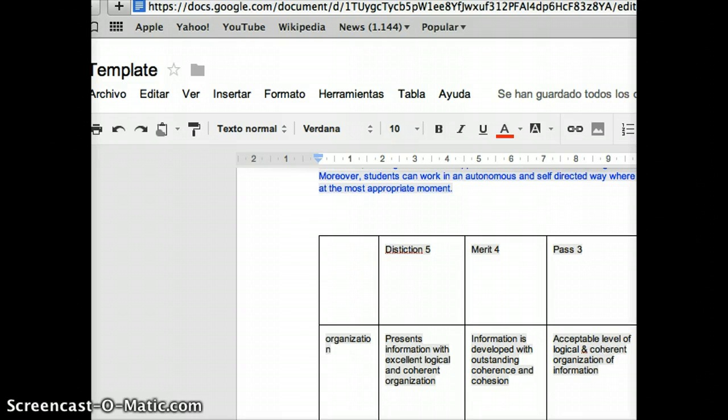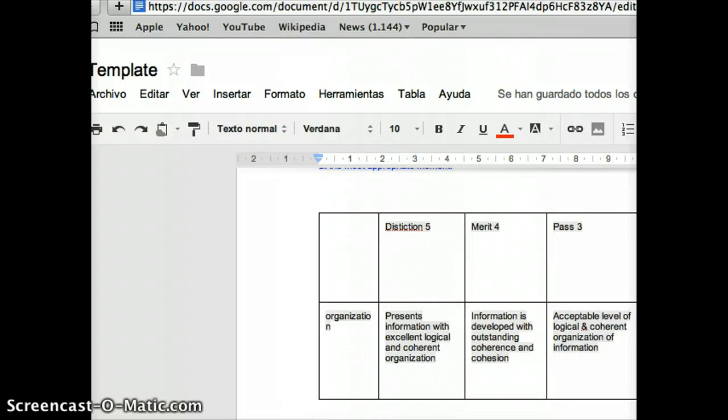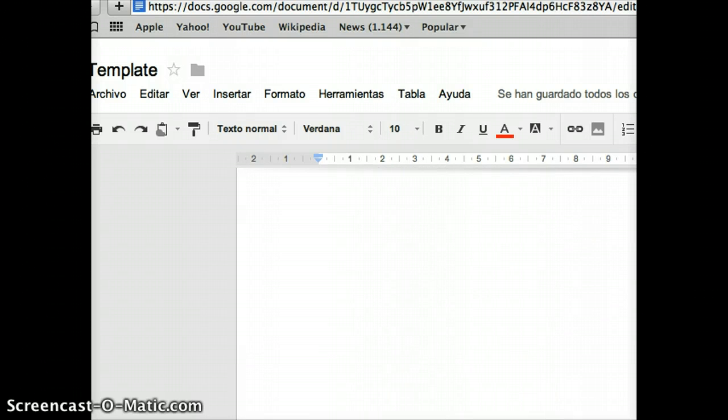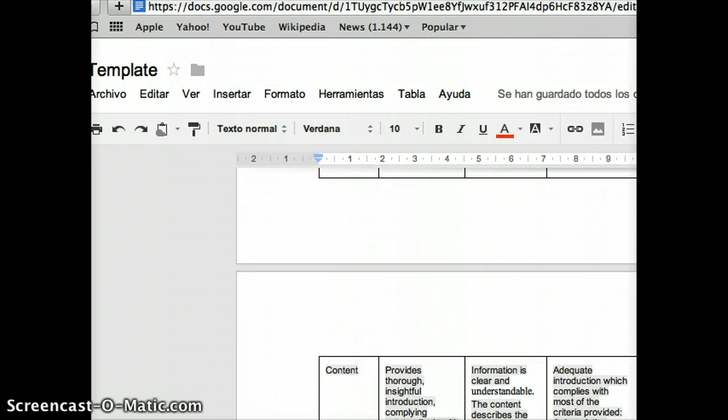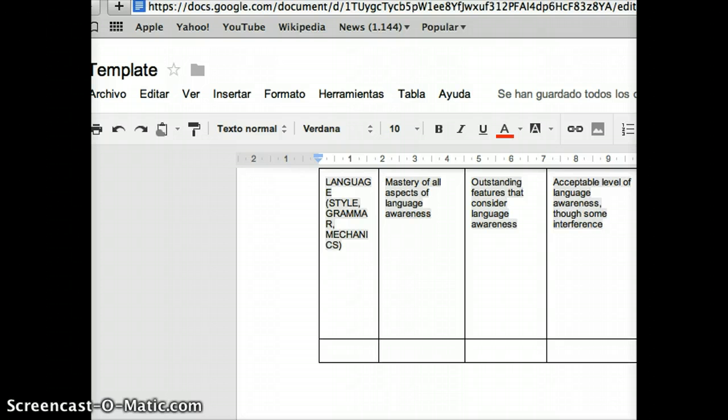Now, here we have a chart that is very important to consider for our learning and teaching process. Organization. Distinction, 5. In this section, we consider that it's very important to give you